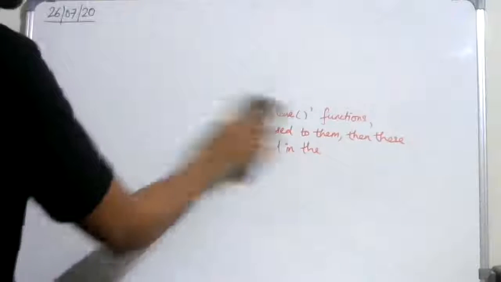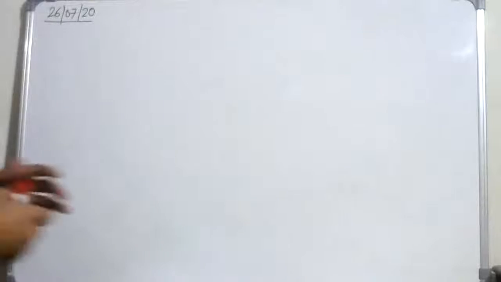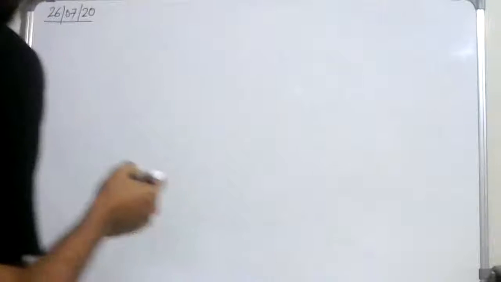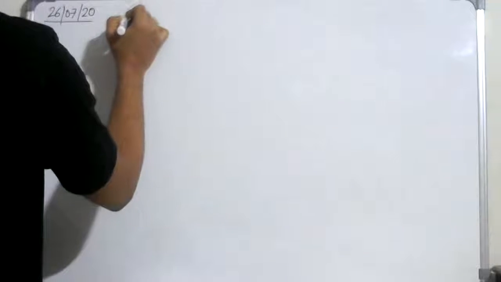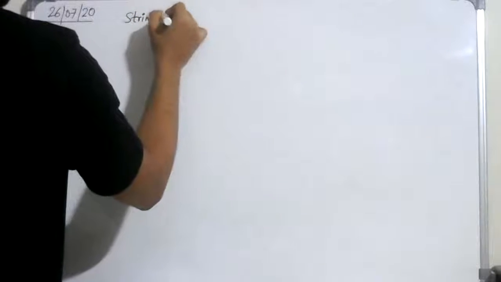Now let us quickly move on to the string functions. I'll repeat the string functions once more because the syntax definitions in the previous class were wrong. So let's start again with these string functions. I'll be going through them very quickly because some of the functions have already been defined. The functionalities are the same, only the syntax was wrong. So I'll be correcting the syntax here. We have already studied a function called string trim.